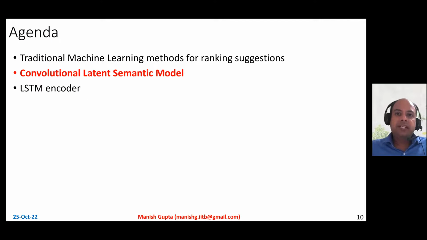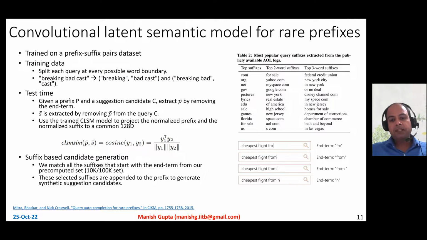Okay, so this takes me to the second part of the video where we talk about a deep learning based model, specifically called the CLSM, or convolutional latent semantic model. With the increase in focus on deep learning in around 2015, people started using deep learning for query autosuggest systems as well. So in this particular method, the idea is to first take the queries in your query log so far